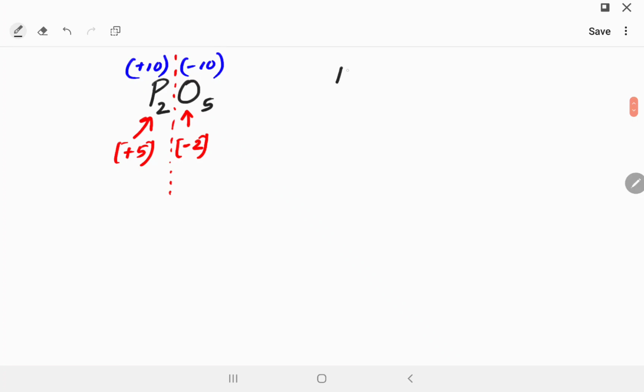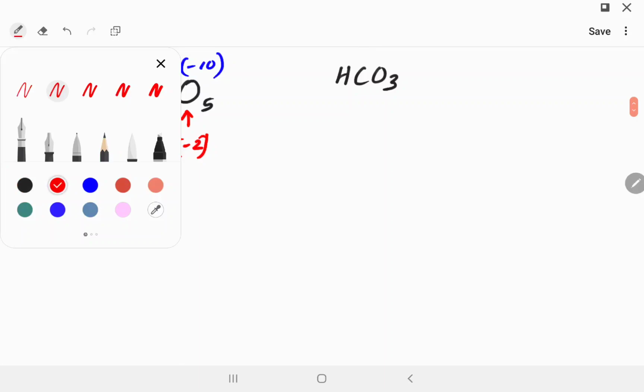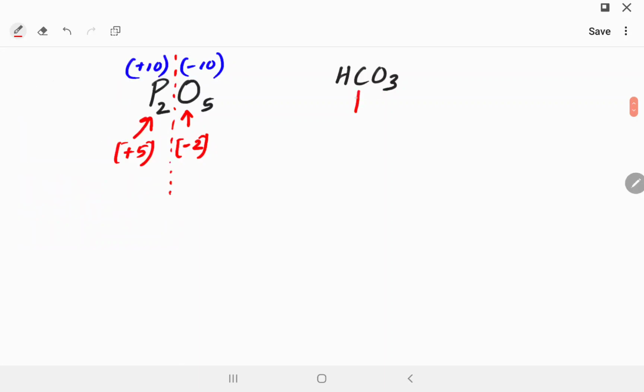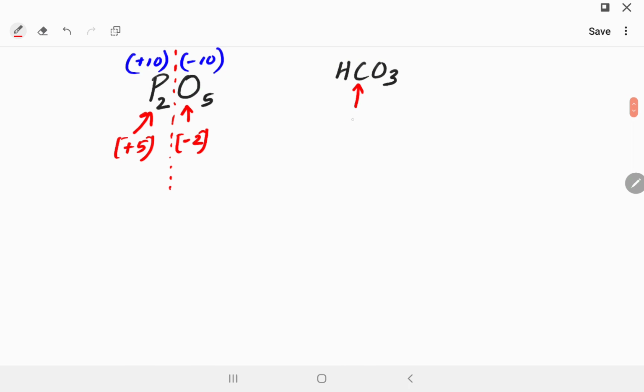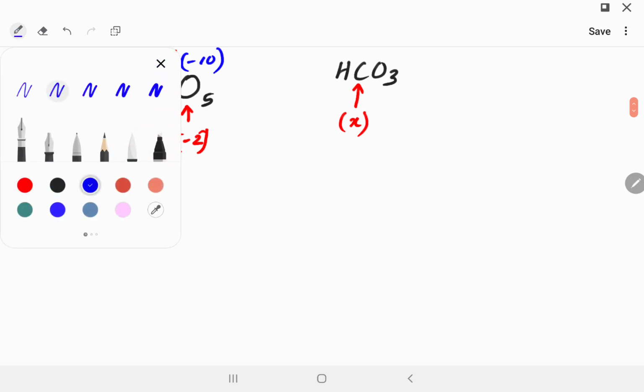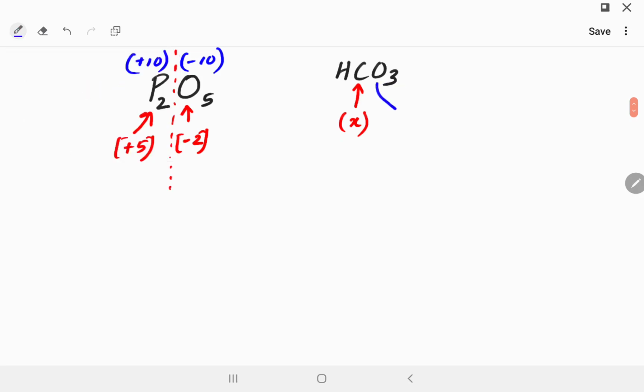So let's do carbonic acid, HCO3. You have to figure out the oxidation number of, let's say, carbon. That is the unknown thing. To do that, you will use the oxidation numbers of hydrogen and oxygen. So this is our unknown, let's call it X. We already know the oxidation number of oxygen, which is -2